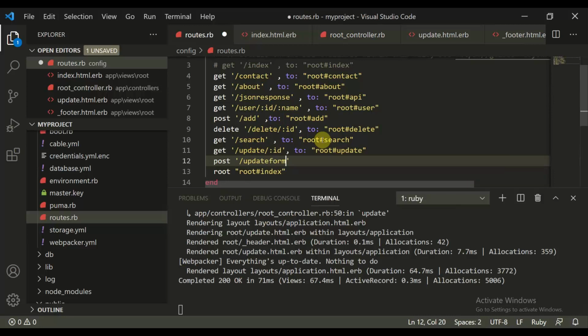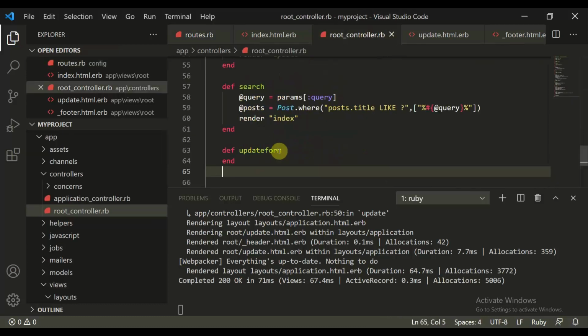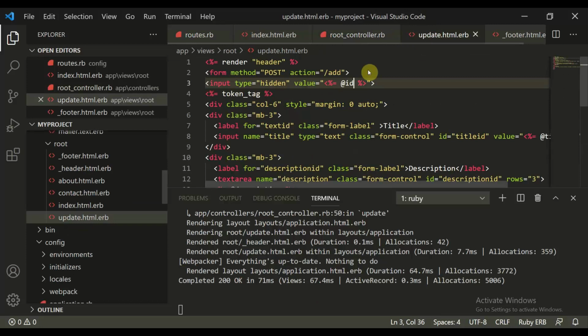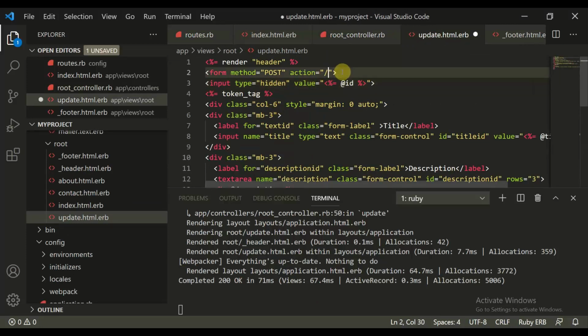Then let's move to the routes file, root hash update form. Okay, so this is fine. Let's move to the controller. So this is update form, and then we can simply render JSON or params just for simplicity. And now when we make update HTML, everything remains the same, and this changes to update form.